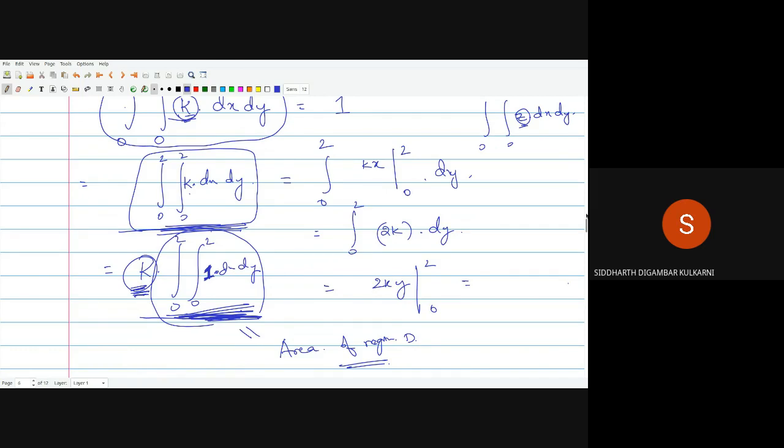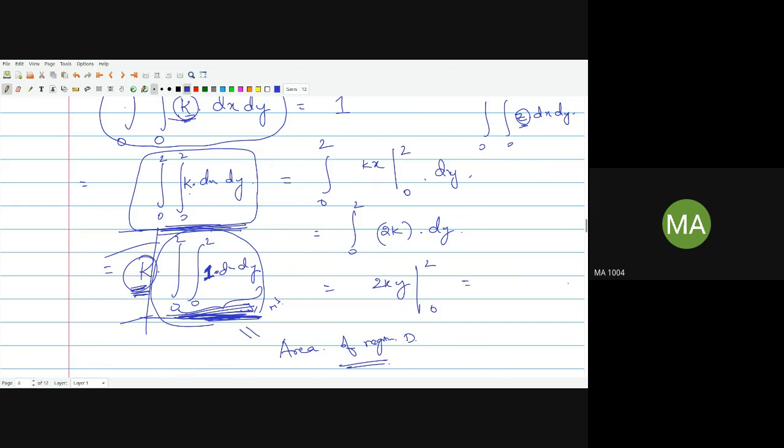What will be the units of this, sir? Units of which? Leave k outside. Even if you leave k outside, it's just a scalar multiple. The units will be meter cube only. Although it gives the value of the area, the units will be meter cube.